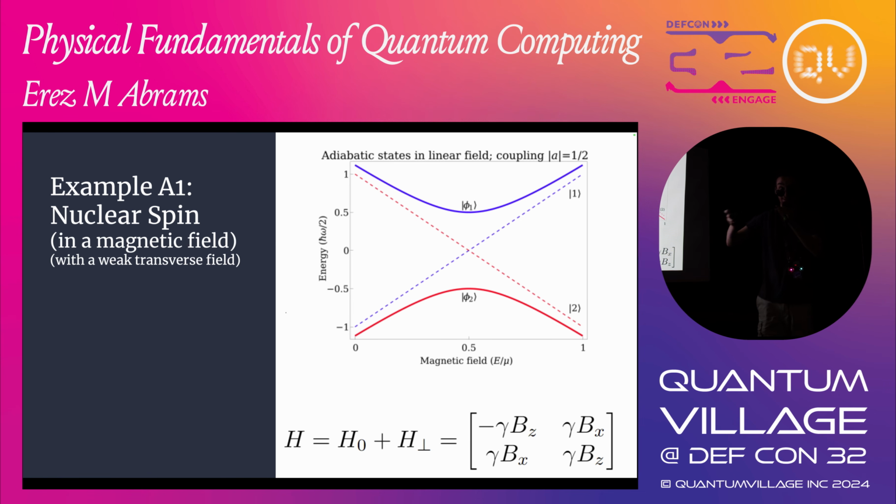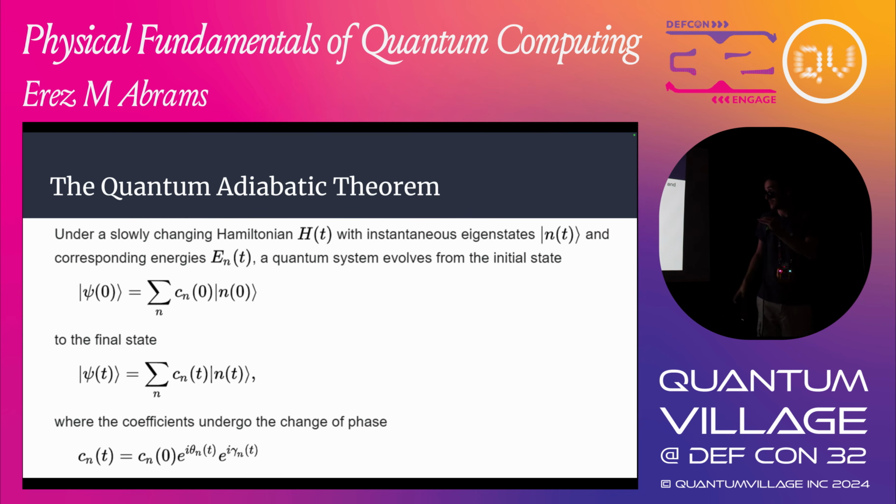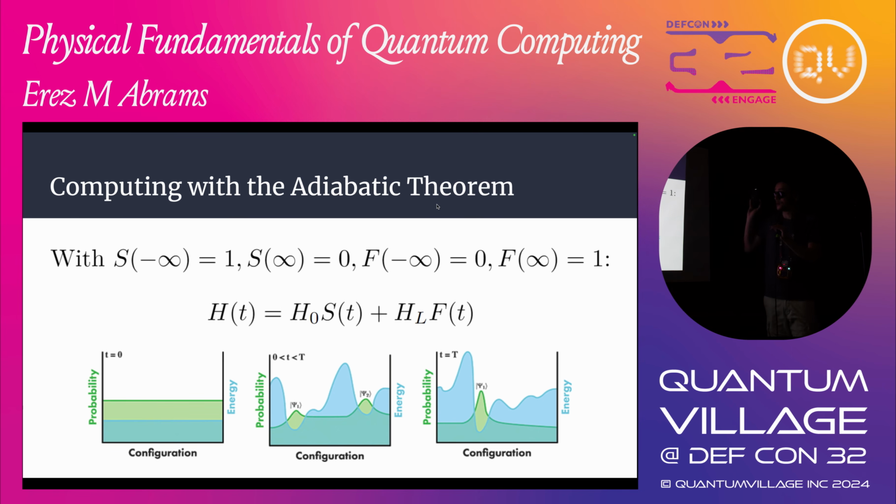Just stop me whenever it's time. So this general idea can be generalized to the quantum adiabatic theorem, which says that under a slowly changing Hamiltonian, which again is defined by these energy gaps, the instantaneous eigenstates stay in the same ratios when we evolve with time, right? Like if it's 50% chance in the lowest energy, it will stay 50% chance in the lowest energy, which lets us do